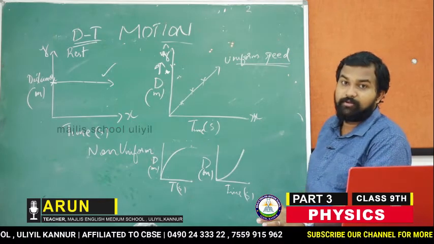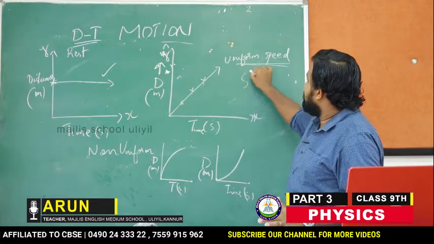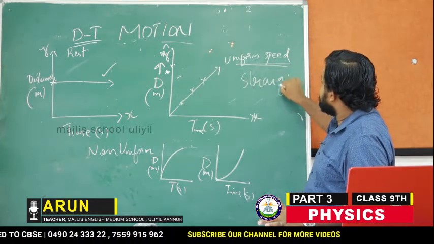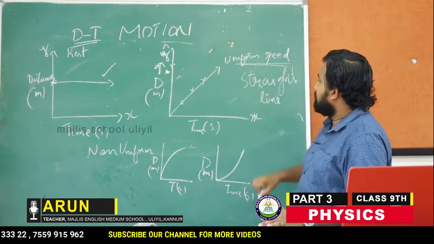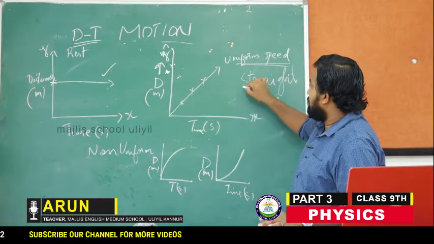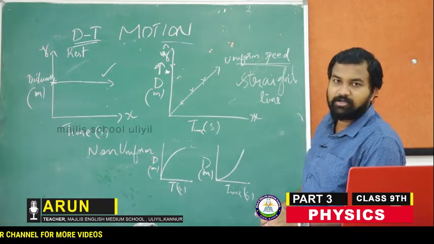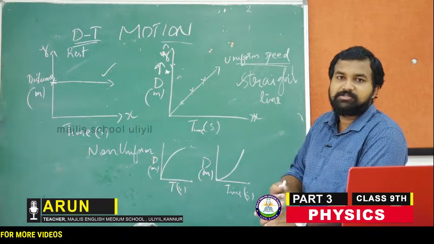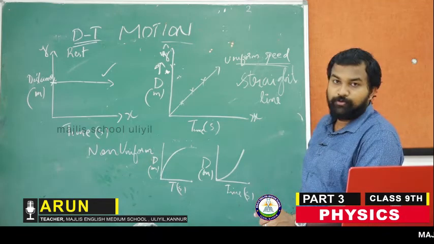The graph of any body moving with uniform motion will be a straight line. Clear? Important. You have to note it down for your multiple choice questions. These questions can be asked: which graph represents a body at rest, which graph represents a body with uniform motion.